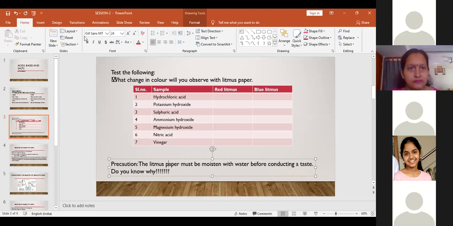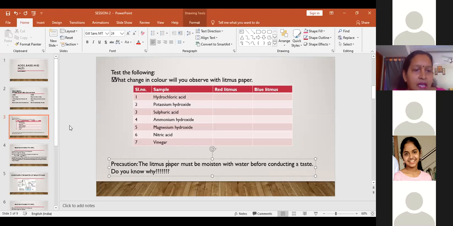Ma'am, why do both the litmus paper and the solution have to be dissolved in water or have moisture? Because isn't one enough? One is also enough because the moment the red litmus paper touches the dry pellet also, the upper surface of the pellet will come in contact with water and it will be in liquid form. Okay, ma'am. Thank you.